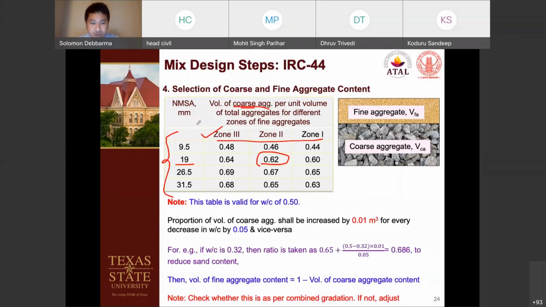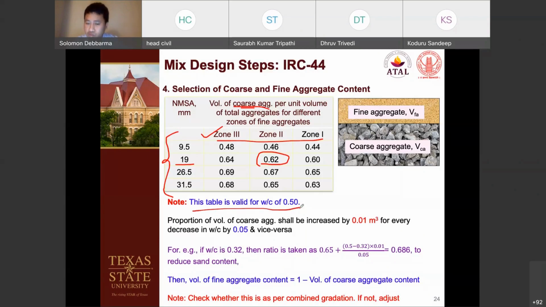So accordingly, like I mentioned, based on the nominal size aggregate, we can select our volume of coarse aggregate with respect to the fine aggregates. But again, this table is valid for a water cement ratio of 0.50 only. So in such a case, since our water cement ratio, like from the previous slides, we have